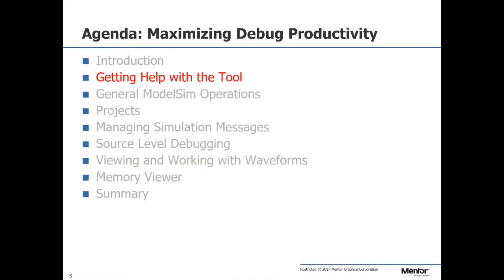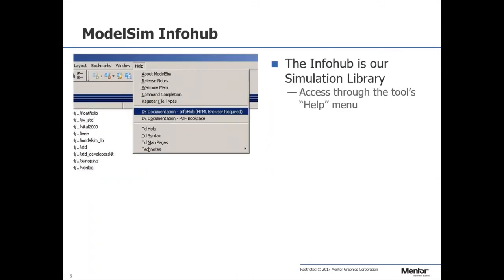So next we'll talk about getting help. If you don't already know, when you bring up the tool and you go over to the help on the top level command, there's a couple of different tabs here that are interesting. The first one is the Infohub, and the Infohub is a searchable